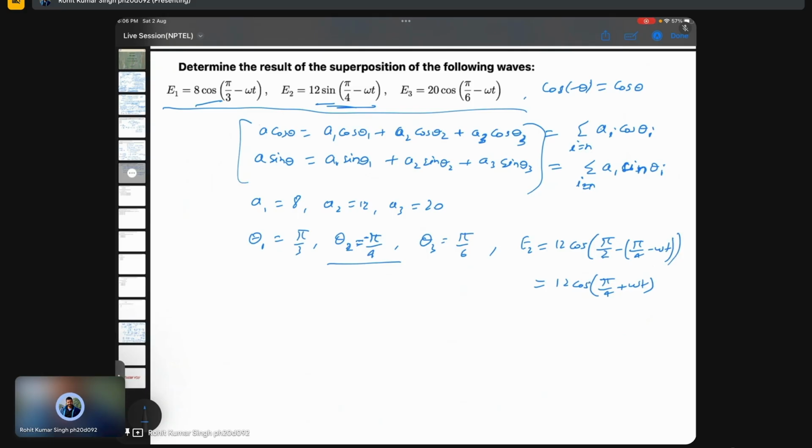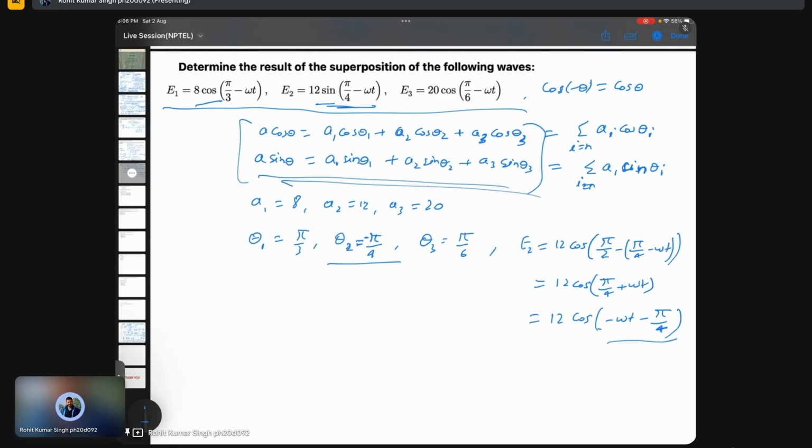So now you see the phase angle is, because you have to take the negative of it here, so minus omega t minus pi by 4, right? So the phase angle theta 2 is minus pi by 4. Okay. Yeah, so just to keep this in mind, if you have sine and cos, then this formula will apply